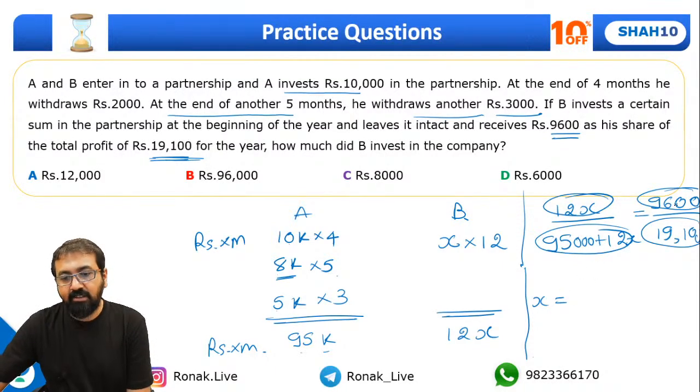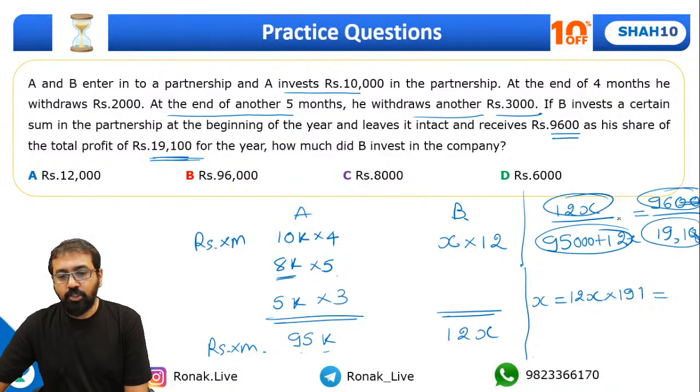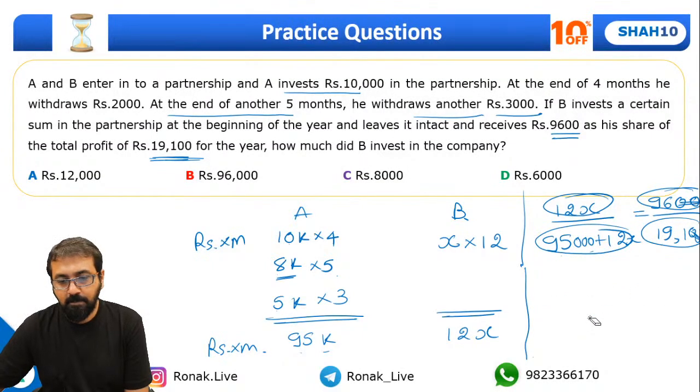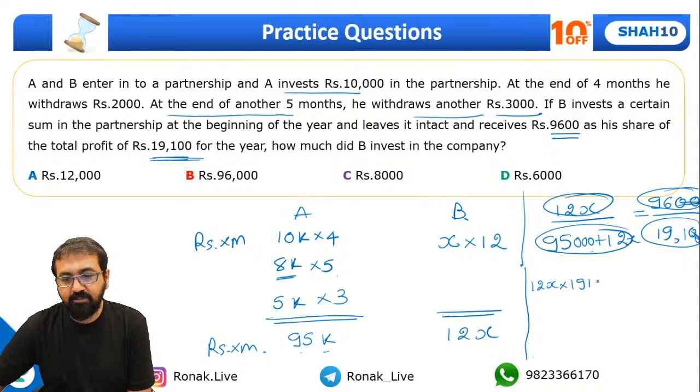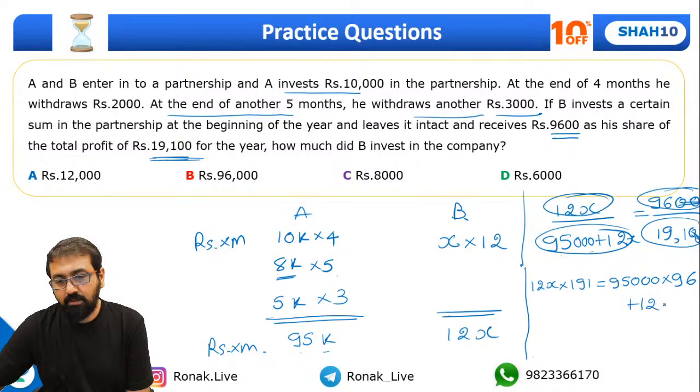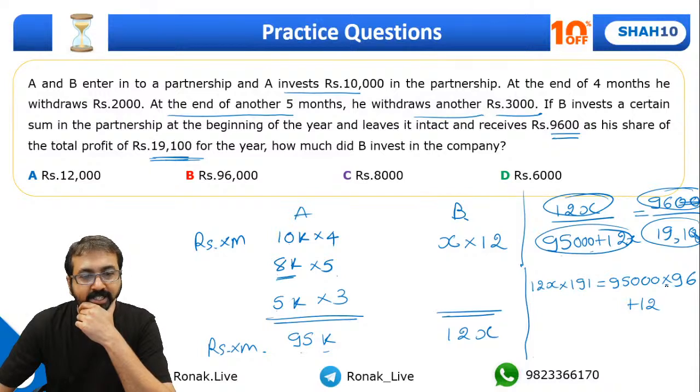this is going to be slightly complicated. So if you want, you can simplify the numbers over here. Simplify as many numbers as possible. So this 9,600 upon 19,100. So 2 zeros will get cancelled off. And yeah, nothing much to cancel off. So you multiply this 12x into 191 is equal to 95,000 into 96. See, 12x into 191 is equal to 95,000 into 96 plus 12. This should not be so complicated. 96 upon 191. Okay. So,